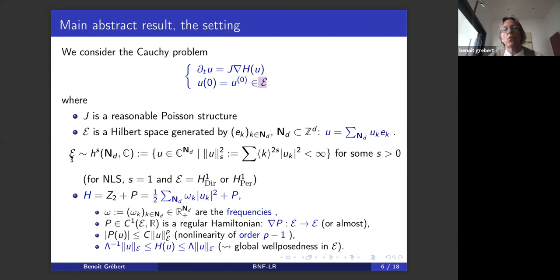With this decomposition, you can also see your Hilbert space as a set of sequences, the sequences u_k. And what you want is that E is equivalent to some discrete Sobolev space, which is as usual defined as follows: the sum of k^(2s) |u_k|^2 is smaller than infinity. This is typically the discrete Sobolev space, and we want E to be equivalent to some H^s for s positive. Actually, for NLS, s will be 1 because the energy space is H^1, maybe with Dirichlet or with periodic boundary